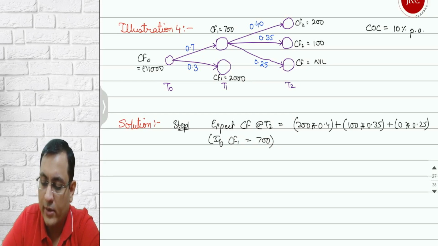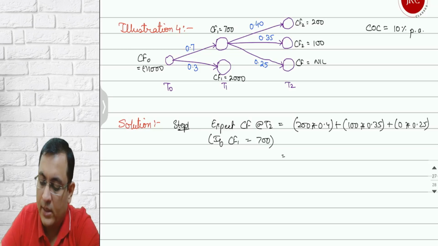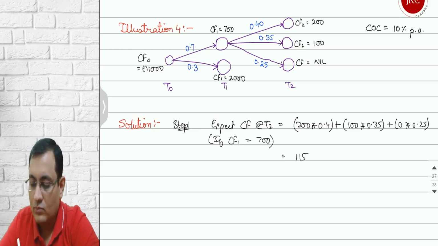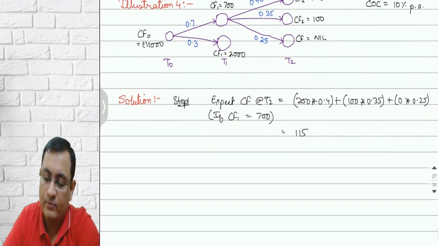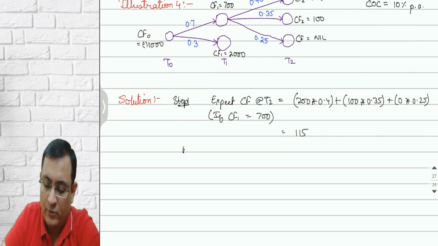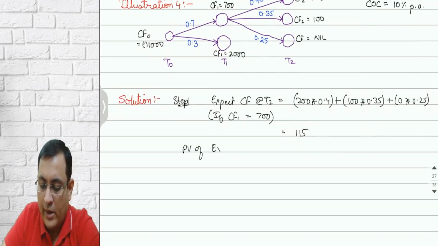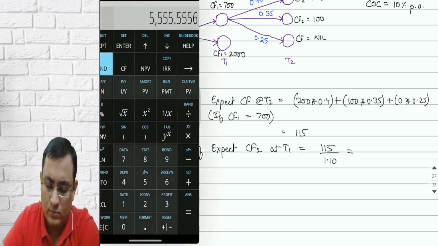So this is going to generate a cash flow of how much? 80 plus 35, which is equal to 115. This is CF2. If CF1 is 700, what is the expected cash flow? Present value of expected CF2 at T1 will be equal to 115 discounted by 1.10, which is equal to